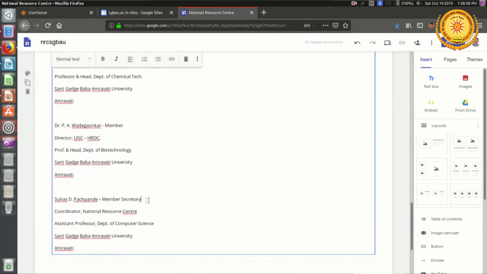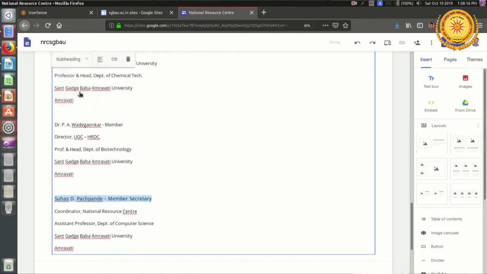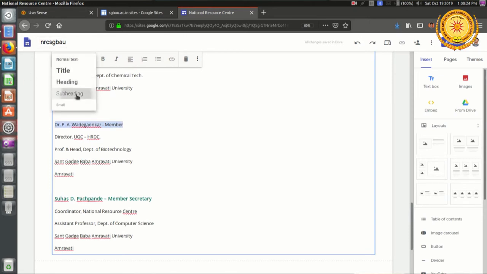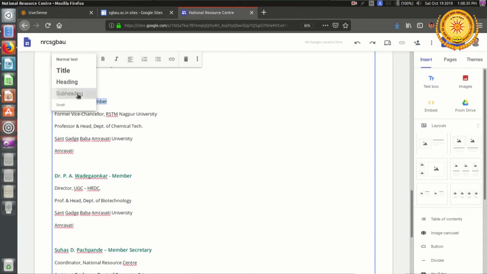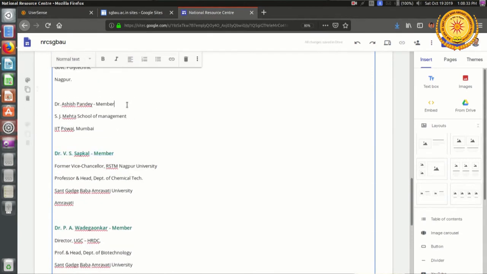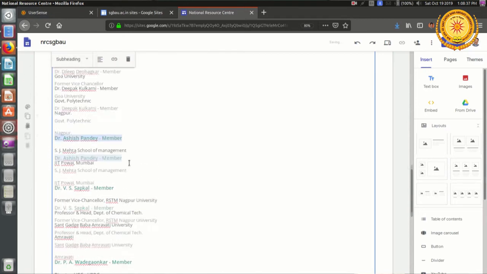What I am going to do here is highlight the name of every member. So I will select it and make it a subheading, normal text to subheading, normal text to subheading.